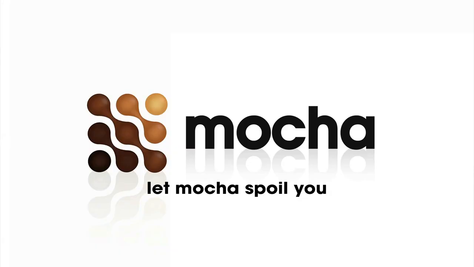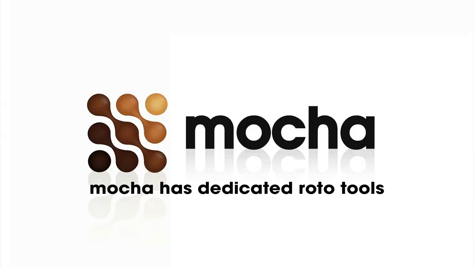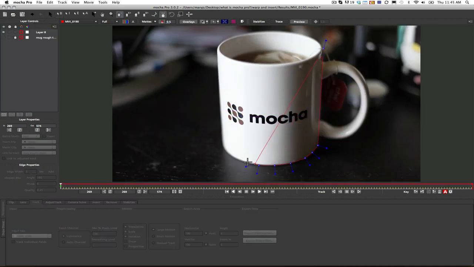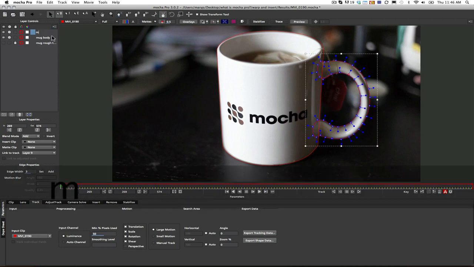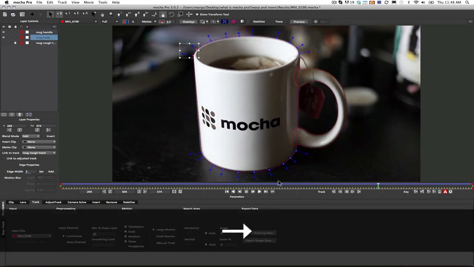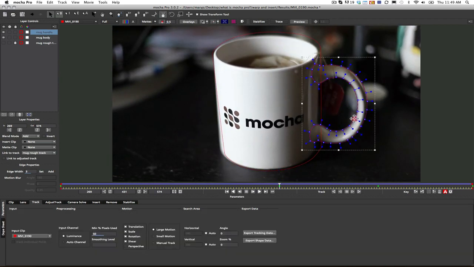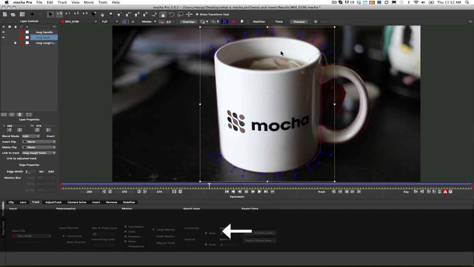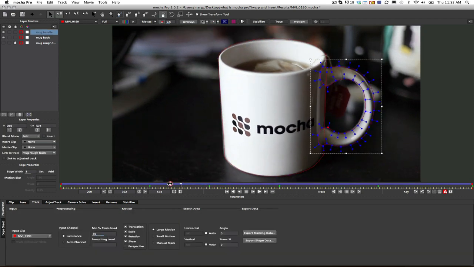Mocha Pro has spoiled me, and I wanted to spoil you, and let's talk a little bit about the features that will spoil you in Mocha Pro, okay? So, first off, we have dedicated tools for roto efficiency in Mocha Pro. In order to rotoscope properly in Mocha, I first make a rough track of the object I'm trying to rotoscope. I then make finer X-spline shapes, or B-splines if you want, and I hook them up to my previous track. I then animate over time using the tracking data to guide my roto and save myself work. Mocha uses my tracking data to move the bulk of the shape, and then it animates between my animated roto